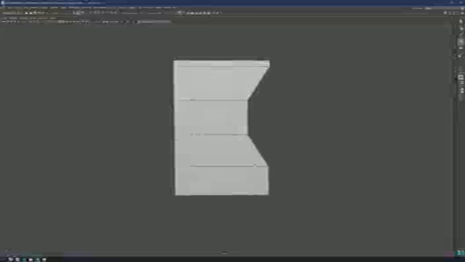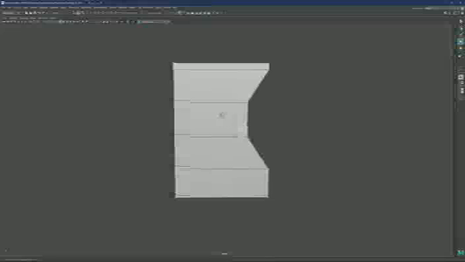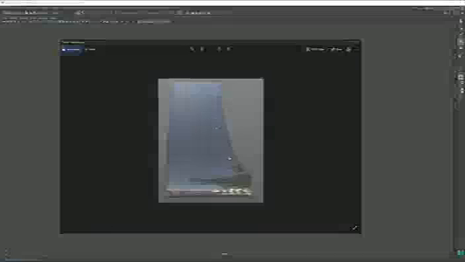Now let's go again through the rules just real quick. So the second rule, we need to make sure that we have even edge distribution. Even edge distribution means just that, because we saw in that previous example, like in this one here, the edges are fairly uneven and there's simply not enough geometry.